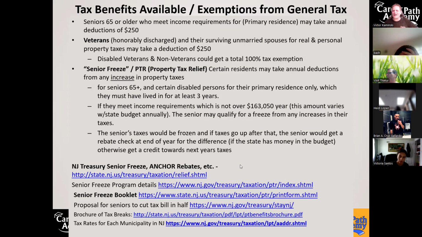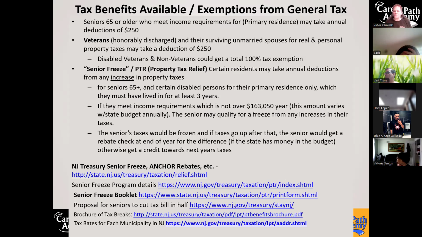Look, I got a resource for you where you could get it online. So at the State Treasury Department, I got some links here where you could get this booklet and print it out online. All right. So you're going to need to fill out a 1-page form, and you're going to need to submit the last 2 years' taxes to get the senior enrolled. And then after that, they'll be mailing this to them every year, and the senior can just fill out that 1-page form and send in the last year's taxes, and it'll continue.